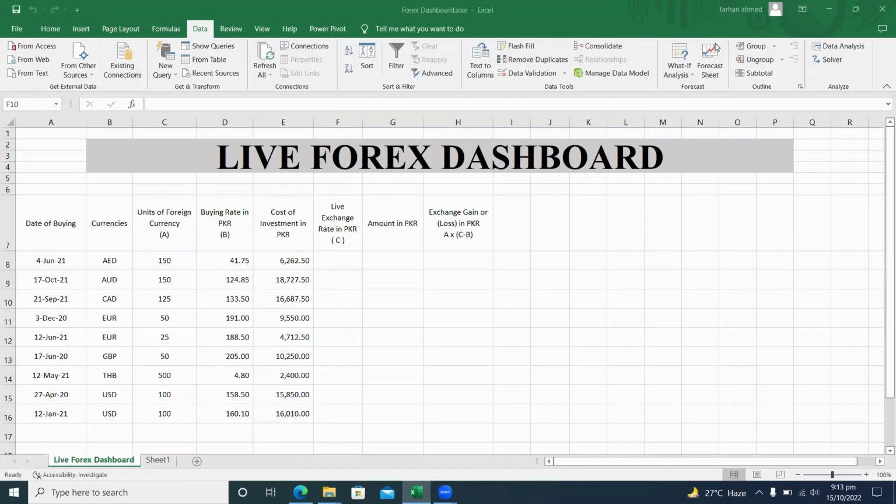make a live Forex dashboard in Excel. We can create a live Forex dashboard in Excel, which will update on a real-time basis. Here, I have taken some data